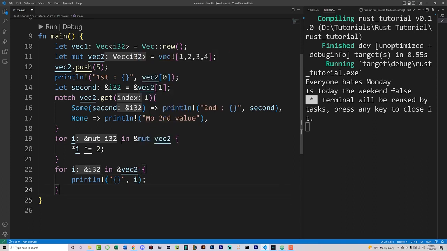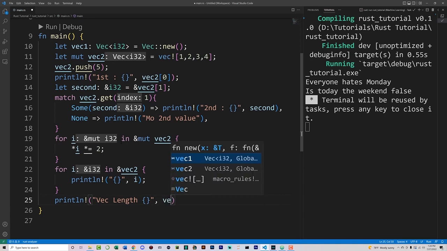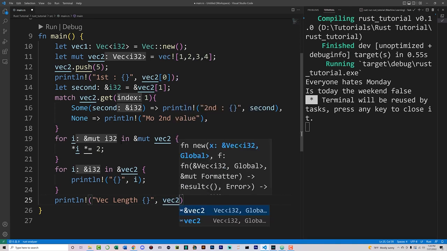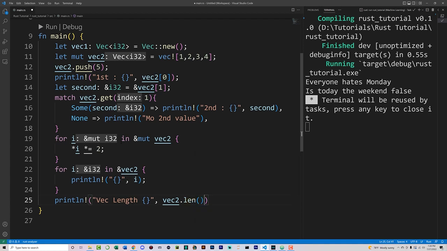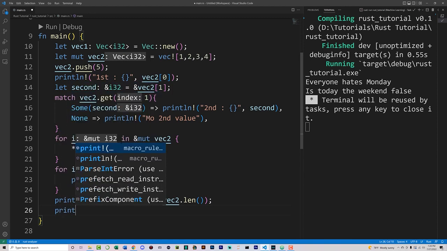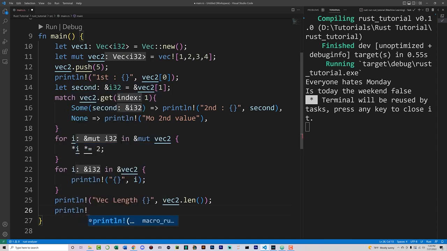Well, we'd like to be able to get the length of a vector. So we'll say print line and vector length, and we'll throw that there. And then to get our vector length, you're going to notice that the variable names are the same for collections and in many situations. If you do the same type of thing, Rust was intelligently put together so that it uses the same types